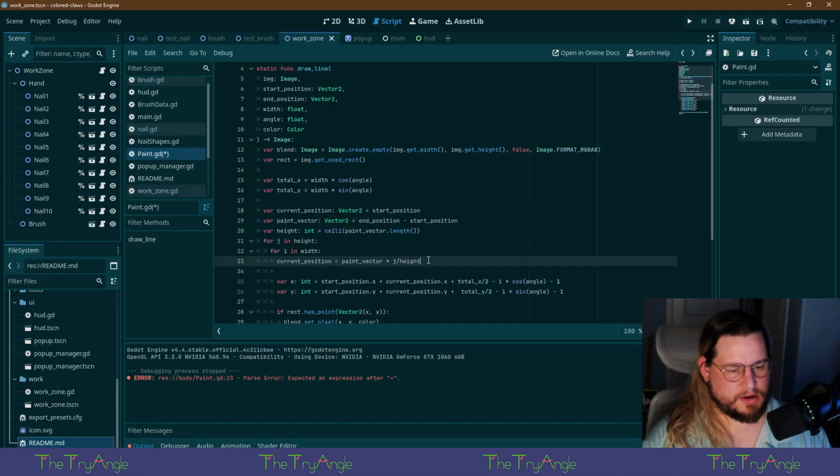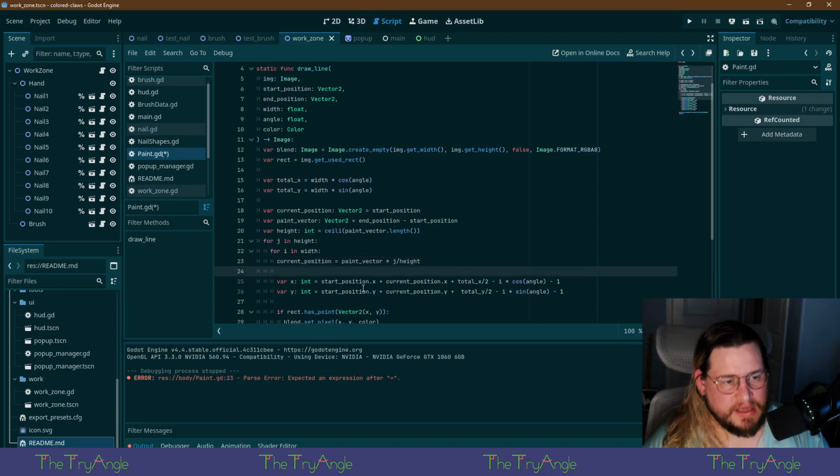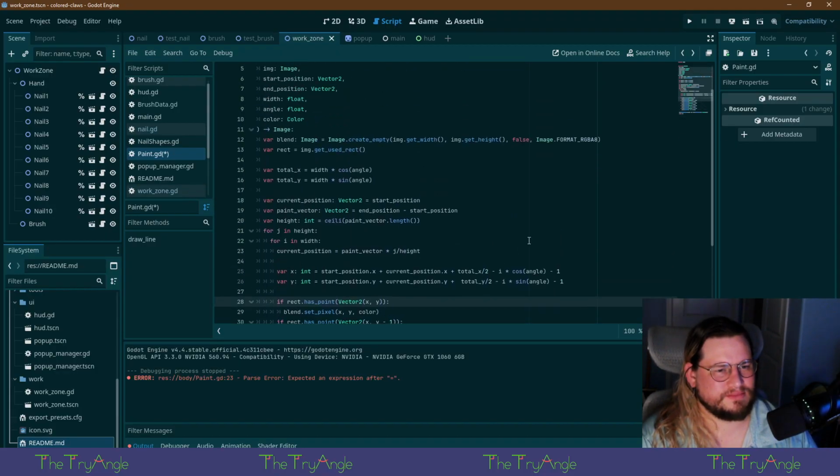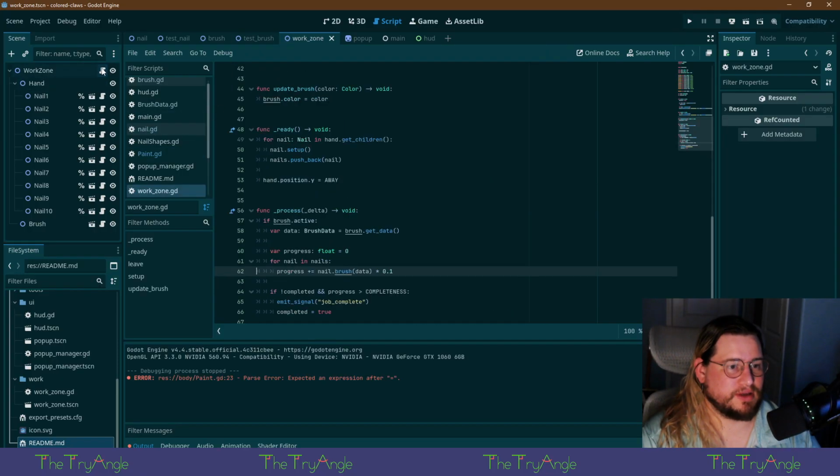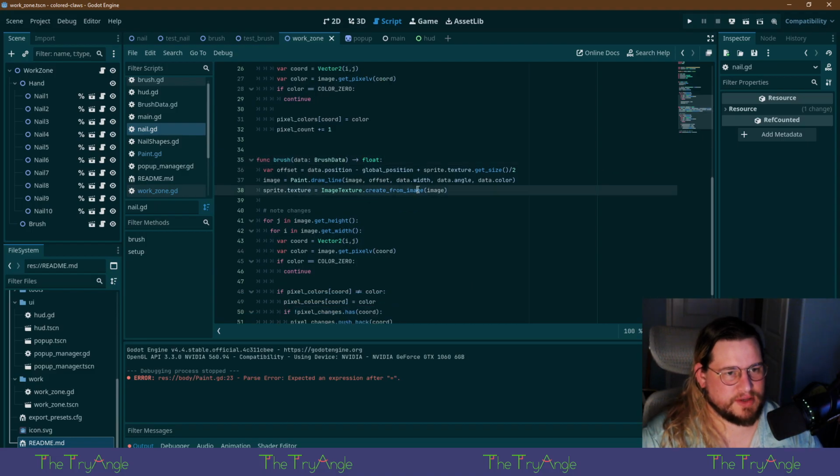Take our paint vector and multiply it by some ratio of where we are along the height of that vector. That'll work, right? I believe so. Okay. This is real iffy. We're going to have to do a little bit of testing on this.